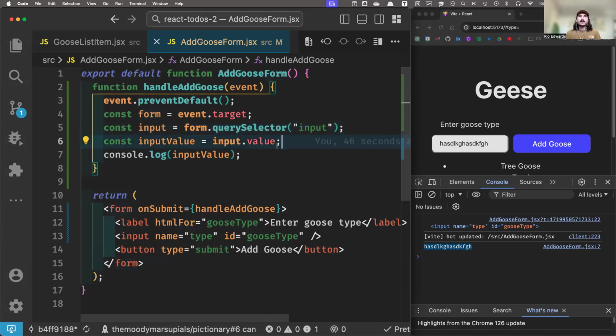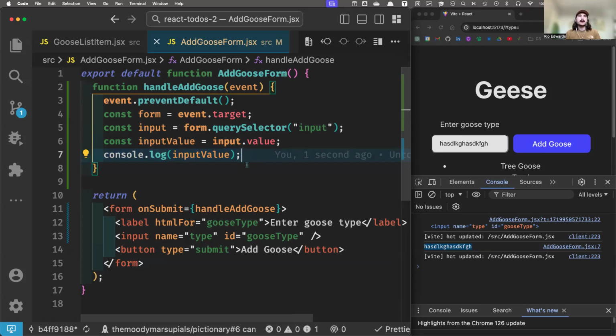And just by the way, there's a different way in React that you can access components without using any DOM selectors that you'll get to. They're called refs. I don't expect that that's how they want you to do this yet, because they haven't shown you how to use refs yet. But just so you know, there's another way in React, because I've mentioned multiple times that in React you don't have to worry about the DOM at all, really, and you don't even have to do query selectors or anything. There's a different way to do that, but for now we're doing it this way. So we're getting the input value,